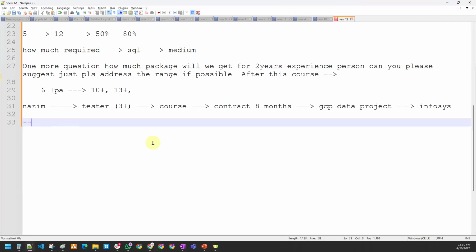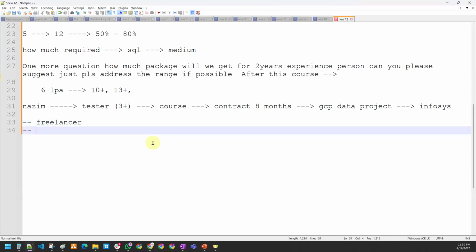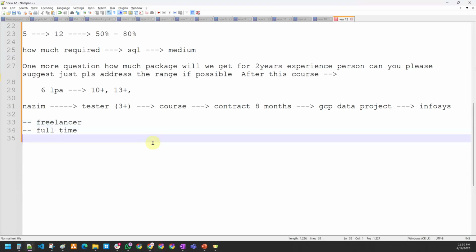So as a freelancer, you can earn something. And one more thing, you can go for full time. You can also go for contract roles. You can earn a lot in contract roles. I'm telling you, I worked in contract roles. You can earn a lot in 1 year. If you are earning some 20 lakhs in 6 months in a contract role, that's how contract roles work. Most people do not know about it. This guy, Ravi, actually proved it. So you can go for it.